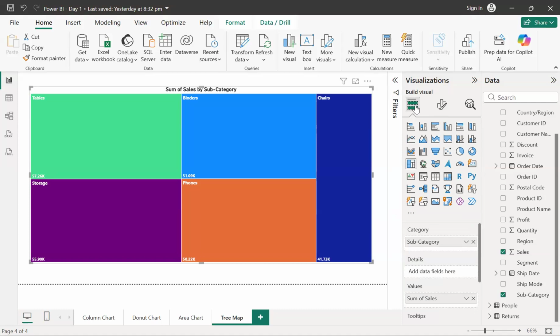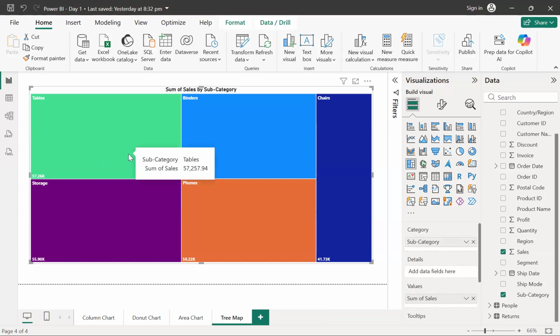Okay, so now there is the next thing which we can try to do. As I told you, getting just one single piece of information from any chart is not worthy. We can definitely try to get more information from any single chart. So since it's a tree map, now let's say from this tree map, once again, guys. So yeah, now you have this tree map.